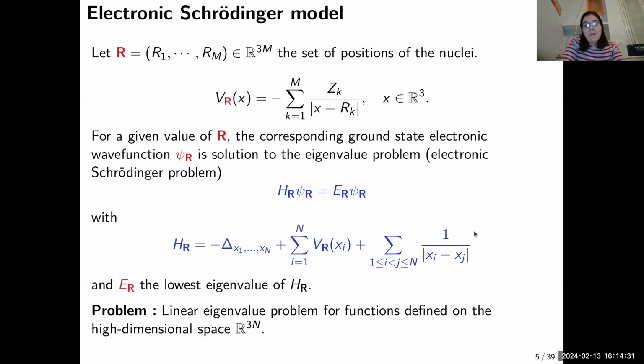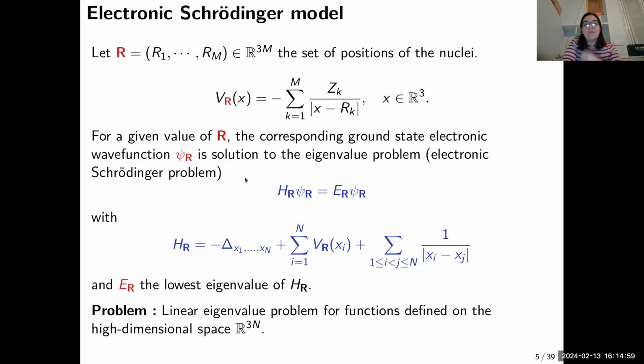And this Hamiltonian, this operator, is parameterized by the set of positions of the nuclei in space. And its lowest eigenvalue, E_R, is then the energy associated to the set of electrons, the state of which is characterized by the wave function psi R, which is an eigenvector of this parameterized Hamiltonian. Okay,